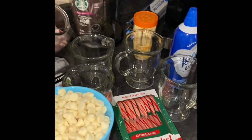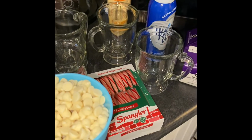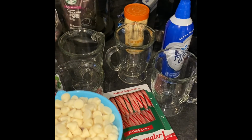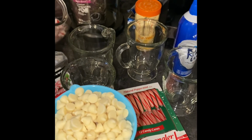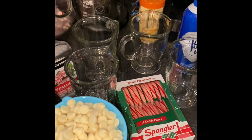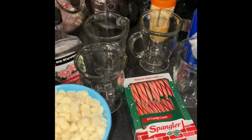Hello. So today we're going to do a white chocolate peppermint cocoa that's spiked with a little liqueur. And I must say, I give this recipe compliments of one of my favorite TV food stars, Sandra Lee. I got this recipe off of one of her shows and decided to just critique it just a little bit, but the recipe in itself is wonderful. So I'm going to start with the basic recipe